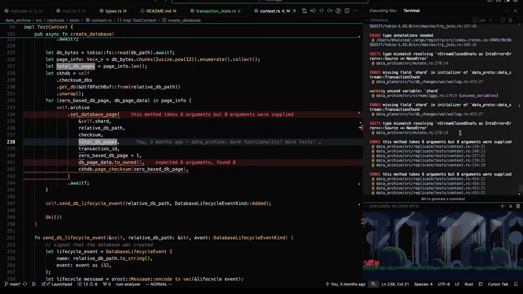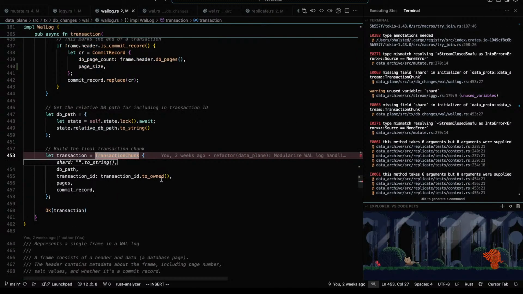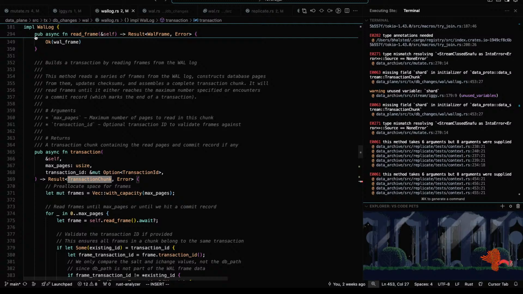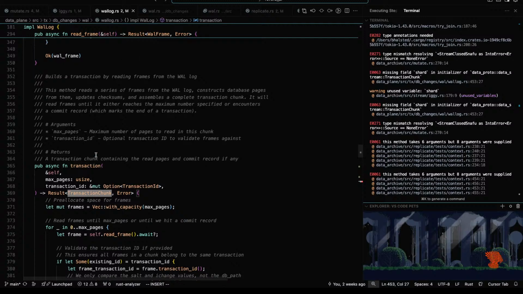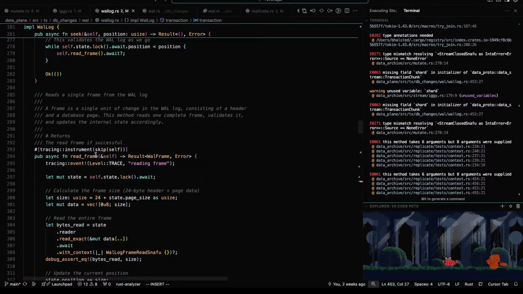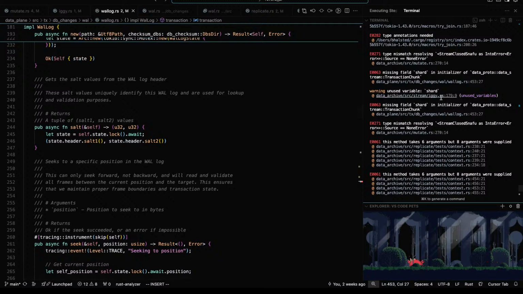Okay, let's check some of this. Yeah, no, that one's fine. I'm looking for some of the other pieces. Oh, the shard, and this is in dataplane. Our transaction chunk definitely needs to have a shard. Is that going to be a property of a config file? Probably should be at this point. Okay.